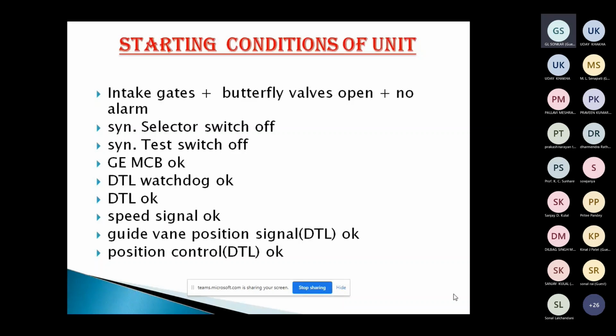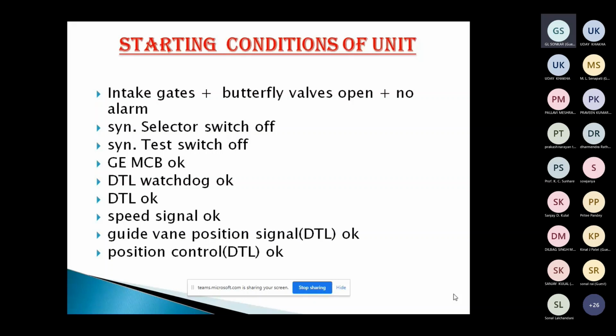The operator sitting at the desk will first check whether any maintenance is going on. If there is a work permit on the machine, then you cannot start it. First you will see whether any permit is there. If not, then you go for it: I want to start this unit. I have 5-6 units, and I want to start unit number 1 or unit number 2. I will see its starting conditions. If all the starting conditions are verified or satisfied, then he will see that the button is glowing. Now I can start the machine.